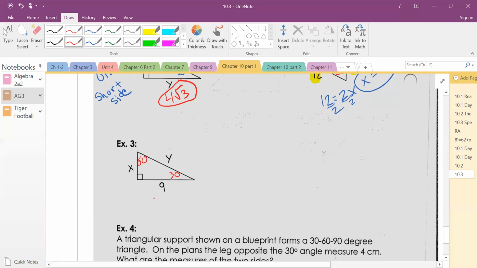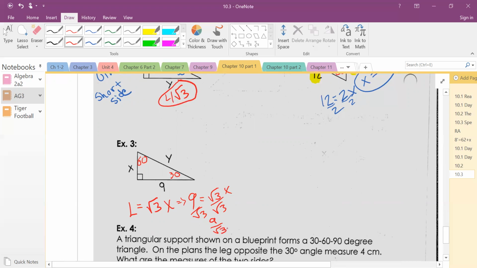It is 9. But remember, the longer leg is root 3 times x. Or in this problem, 9, which is the longer leg, equals root 3 times x. How do you get x by itself? You divide by root 3, both sides. We're going to have to simplify this, so pay attention here. Don't mess this up. So we have 9